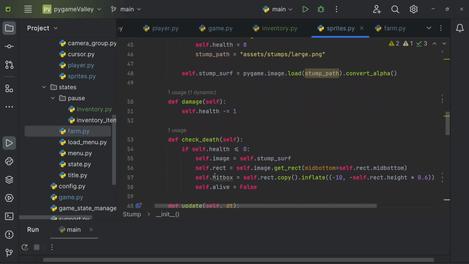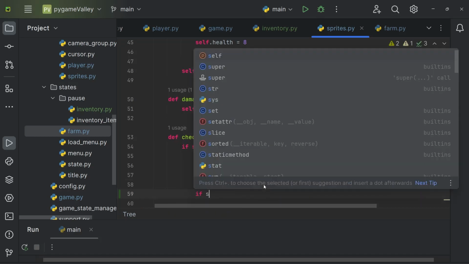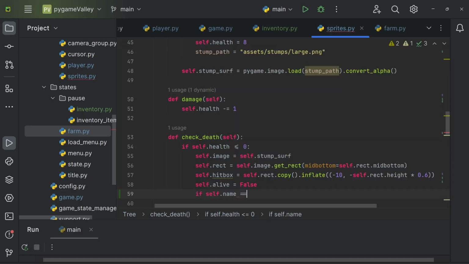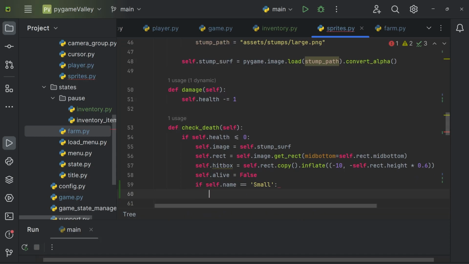So if check death, we replace the image with the stump surf, change the hitbox, self.live equals false, and then we're going to do if self.name is equal to small, then we're going to do self.player_add, and that takes the type, which is materials, the item, which is wood, and then the image,